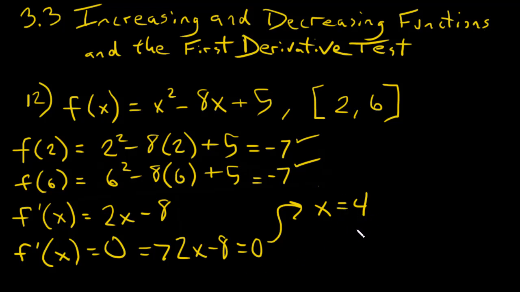Now notice that x equals 4 is between x equals 2 and x equals 6, so we have confirmation that Rolle's theorem worked. I'm happy if you just do something like this. You can solve for the value and then just point out that it's between the interval. But if you wanted to say it in actual language, you could say that since x equals 2 and x equals 6